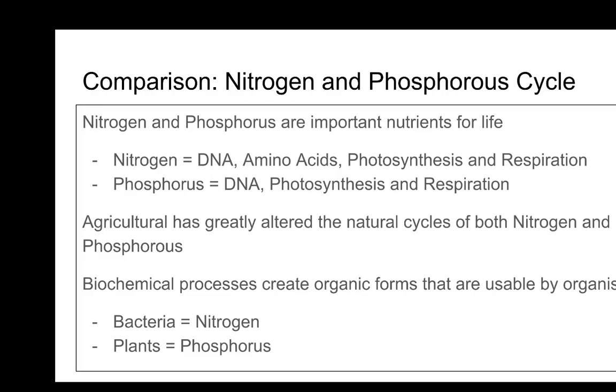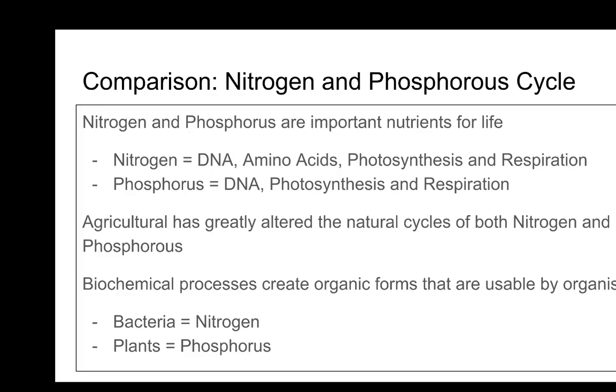Nitrogen is specifically important in amino acids for photosynthesis and respiration. Phosphorus is also important in photosynthesis and respiration. An important thing to know for both is that agriculture has greatly altered the natural cycles of both nitrogen and phosphorus. And what's really important is to understand that there are biochemical processes that create the organic forms that are